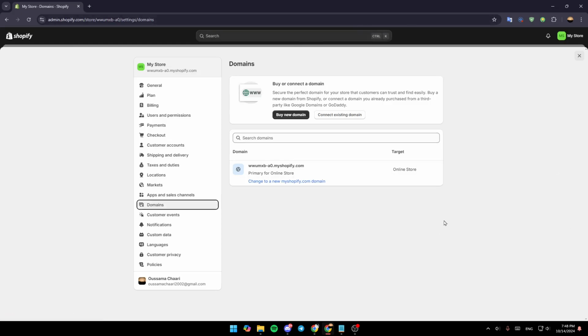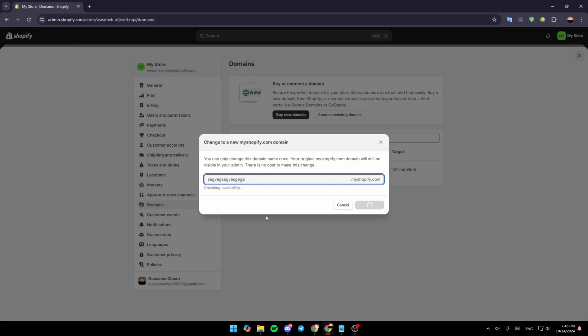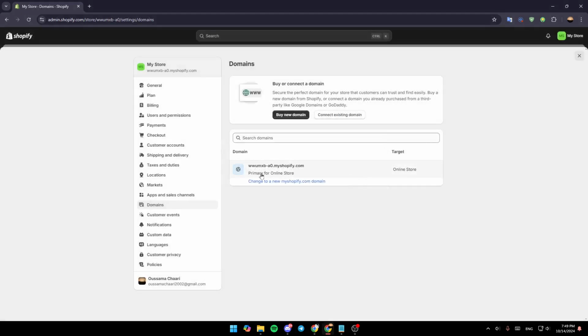So once you're here, you're going to find your domain, as you can see, guys, right here. So this is my primary domain for my online store. You can also change to a new myshopify.com domain. So just click right here. And then as you can see, guys, you can choose the domain that you want and then check if it's available. If it's available, just go ahead and click on add domain, and then you're going to be able to